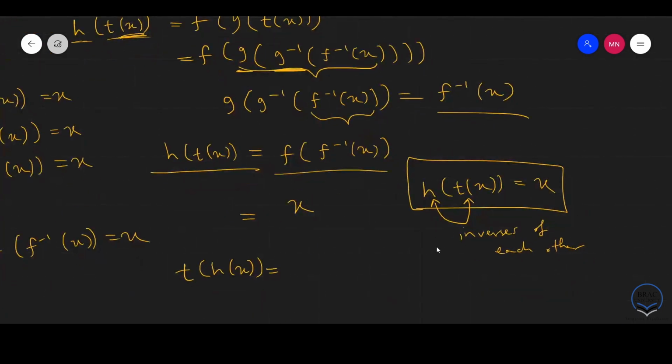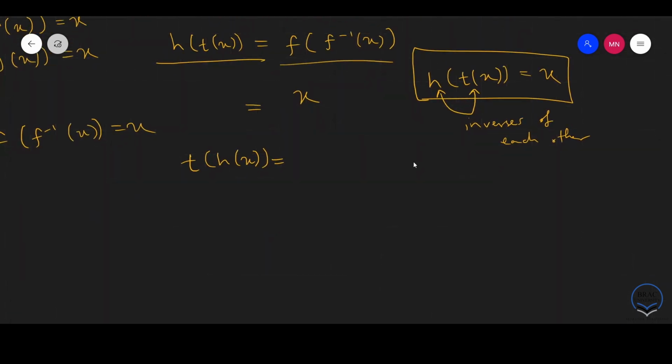So t of h of x is equal to g inverse of f inverse of x, but in this case, x is h of x, which is just f of g of x,